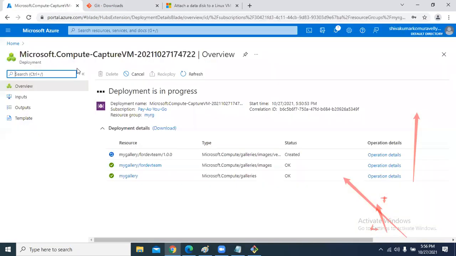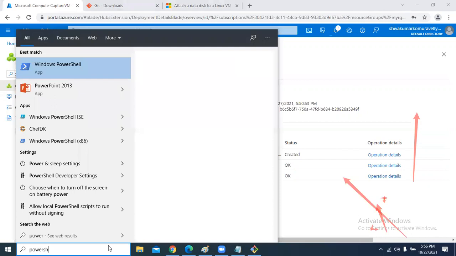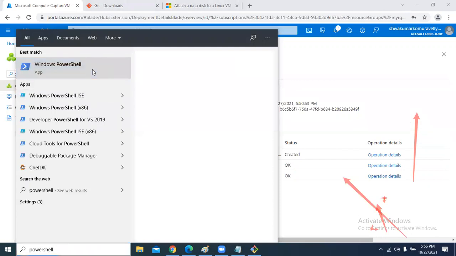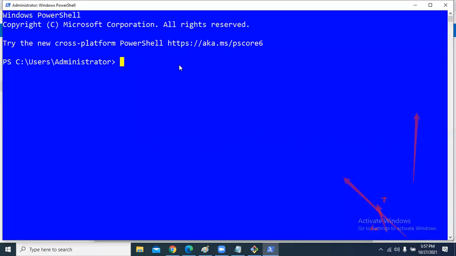Here, this is the overview section. In the overview section, just click on the connect button. Here, go to PowerShell. Git bash is not required here. If you are using Windows 10, Git bash is not required. Directly you can connect from PowerShell. SSH, the username is my user, then @, then whatever public IP address you have.